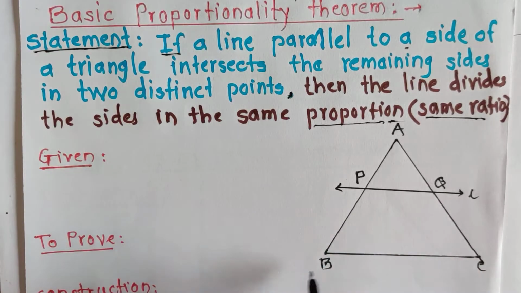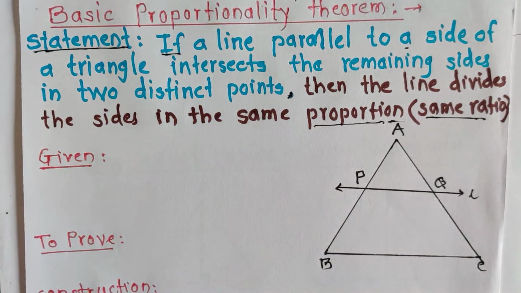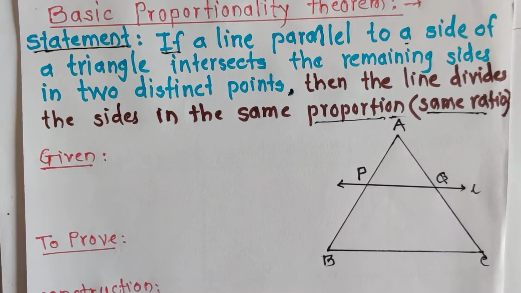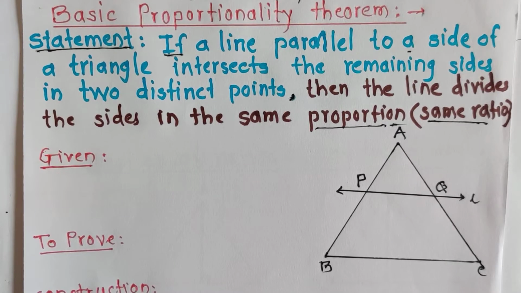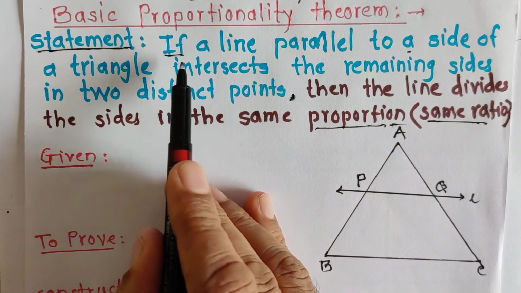when we draw any figure, then write the names of the figure and write the proof according to those names. For example, if we take a triangle ABC and we write the proof according to triangle PQR, then we get 0 marks, because we have to write the proof from that figure only. Observe that figure and then write the statements. So first draw the figure by reading the statement.